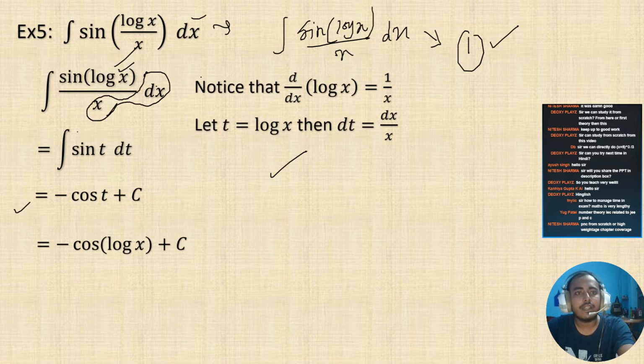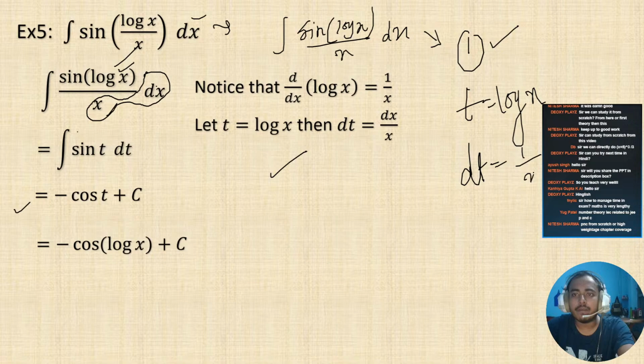dx by x। But क्योंकि ये present है, we can take t equals to log x। और क्योंकि t equals to log x है, we can write dt equals to log x का differentiation 1 by x dx। यही तो वो term है जो dt बन गया, right? तो ये बन गया dt। और ये sin of log x बन गया sin t, जिसका integration minus cos t plus c। Integration done. जैसे integration खत्म हो, जितने भी variables तुमने substitute किए हैं, just put them back,